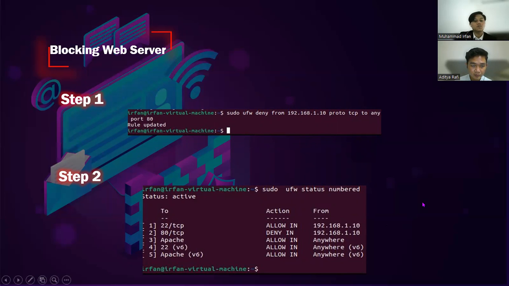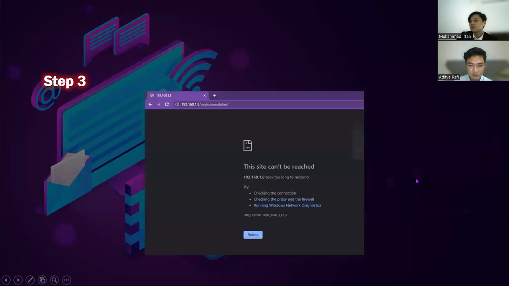And step 2, display ufw status with port 80 denied. Next, step 3 is the display on the web server that we have created, where access is denied.